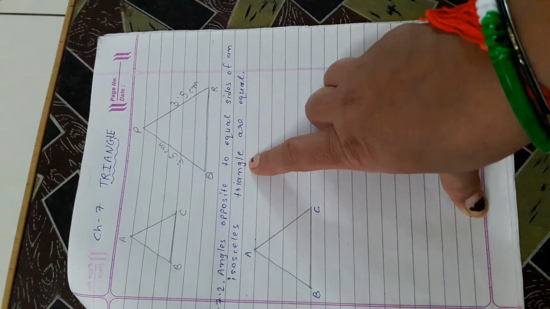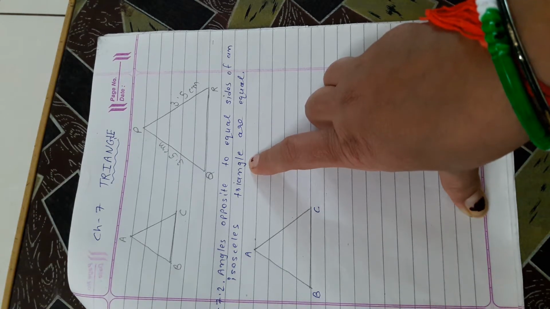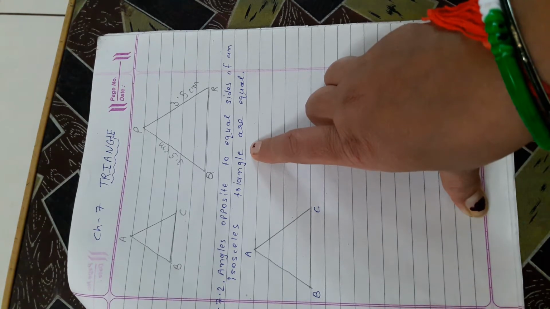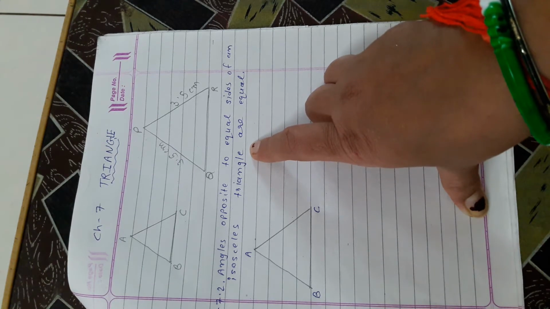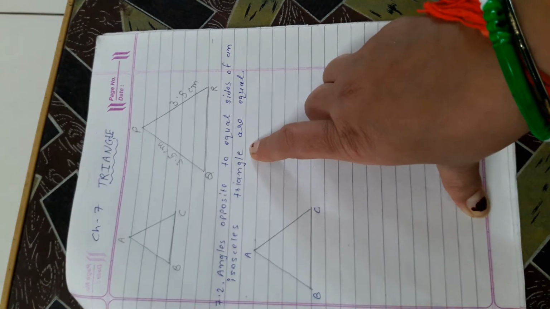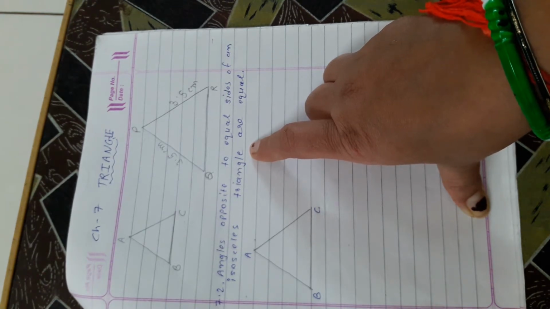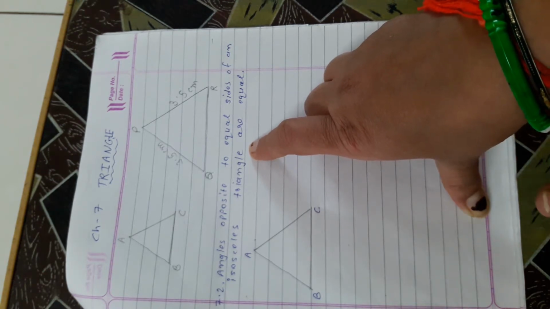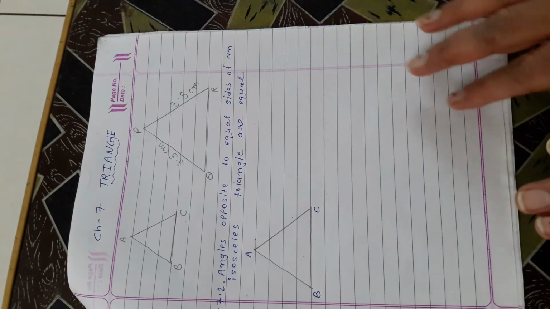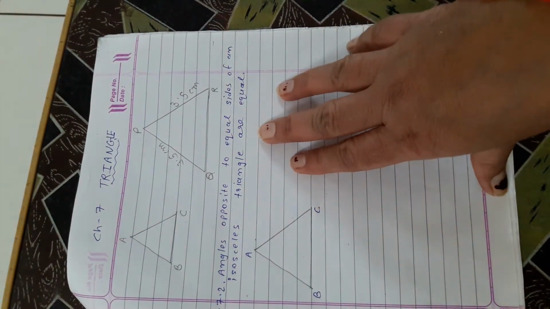I have explained exercise 7.1, the odd questions 1, 3, 5, 7. But in the remaining exercise I will give you the explanation of the first two sums, and you have to write only these sums. Okay, now